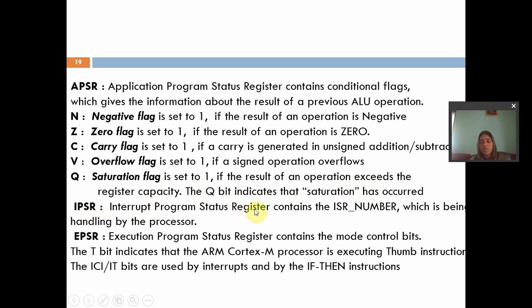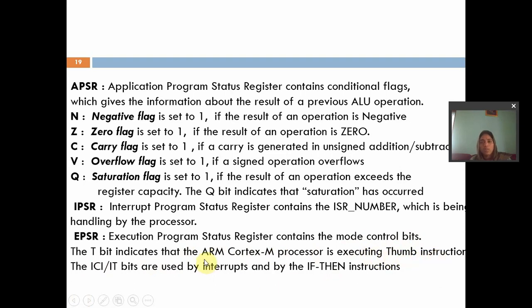The interrupt program status register contains the ISR number which is being handled by the processor. Next is EPSR. The execution program status register contains the mode control bits. The T bit indicates that the ARM Cortex M processor is executing Thumb instructions.